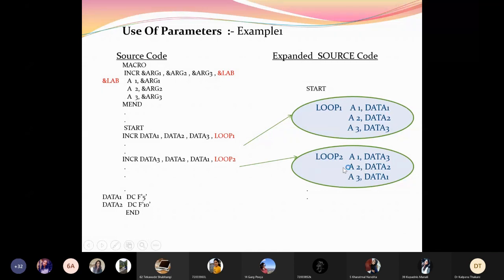And hence this expanded source code will be in the same sequence in which the arguments are provided. So this will be loop 2, A1 data 3, A2 data 2 and A3 data 1. Likewise, as they are. This kind of facility is an important aspect. Such parameters which we have defined are called macro instruction arguments or dummy arguments. So in this particular code, the argument 1, argument 2 and argument